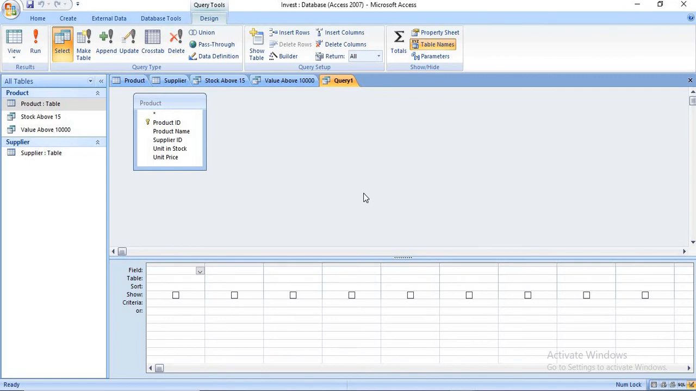The query is, here we have to apply multiple criteria. Okay, so how to apply multiple criteria? First, create a query on a product table to display the records with the following criteria: unit in stock greater than or equal to 20 or less than or equal to 5, and its unit price